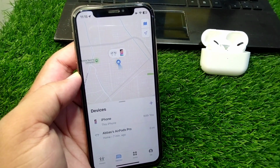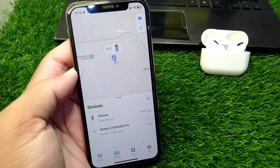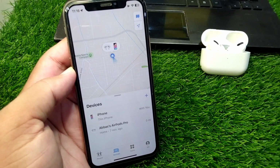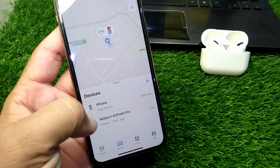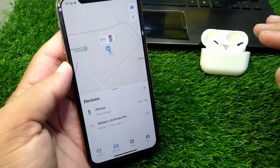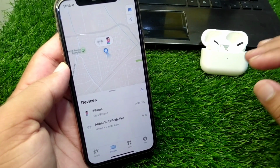So guys, the very first solution for this problem can be that if you have borrowed your AirPods from someone and he hasn't removed these AirPods from his Find My, then you will not be able to show them in your Find My app on your iPhone. So guys, as you can see, if someone has already added these AirPods in his Find My, then you will not be able to add them to your Find My until he removes these AirPods from his